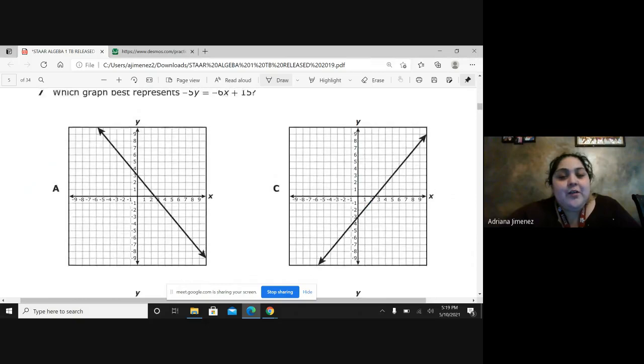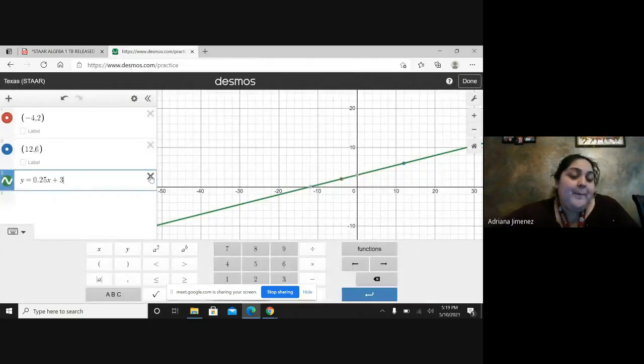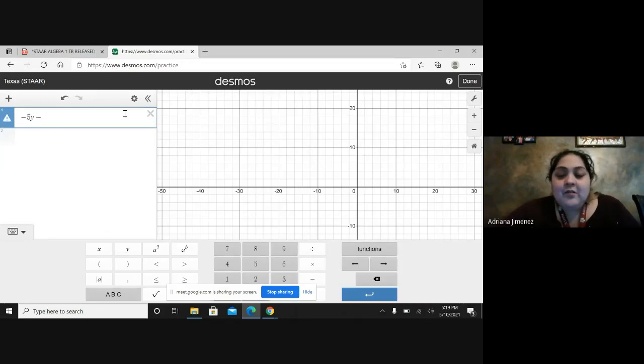All right, here's this equation. What I'm going to do first is look at the graph and see which one matches that equation. So I want to see if I can type it into Desmos like this. Sometimes it might let you and it might not. So let's try it. We're not going to do anything to the equation, but just type it in exactly the way it looks. So -5y equals